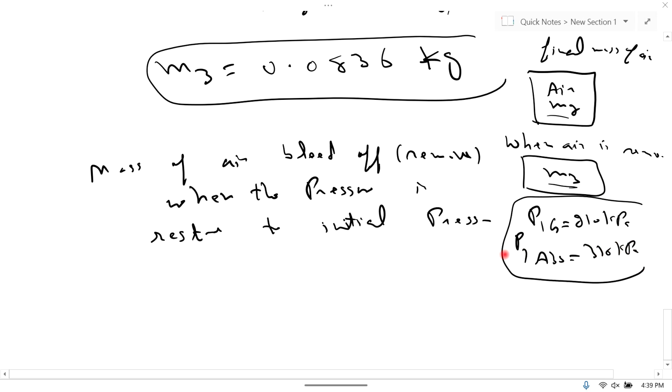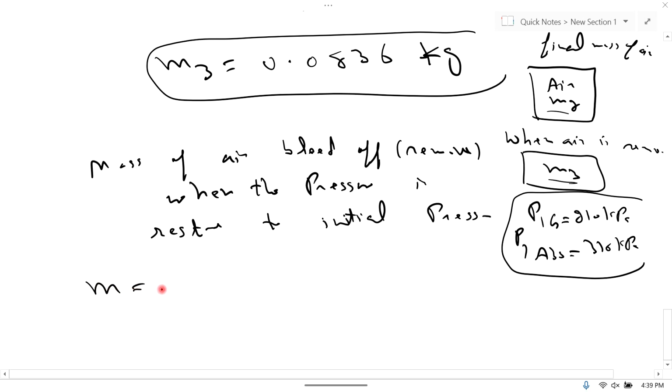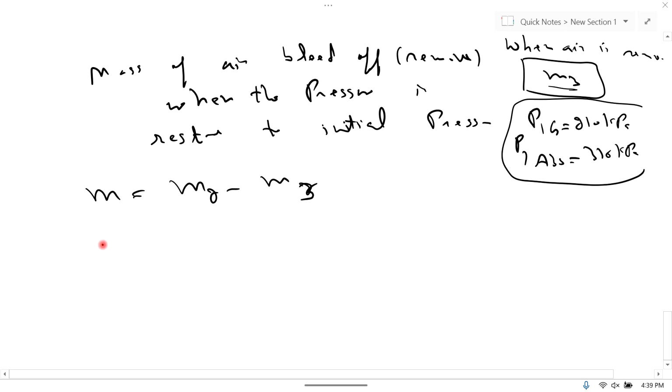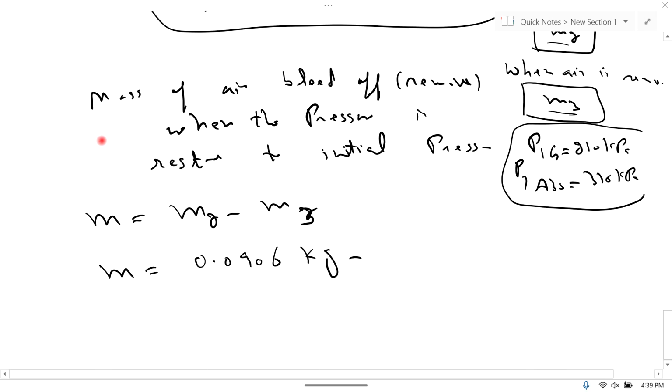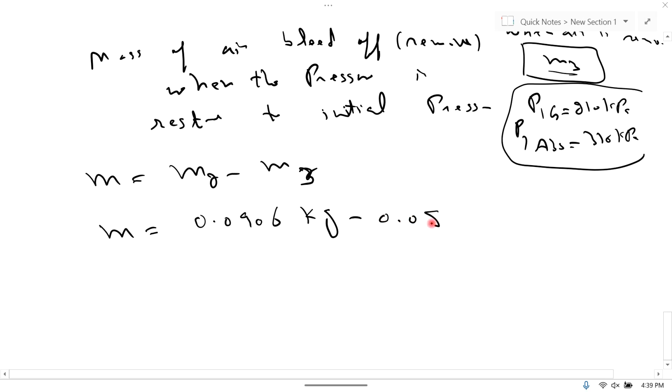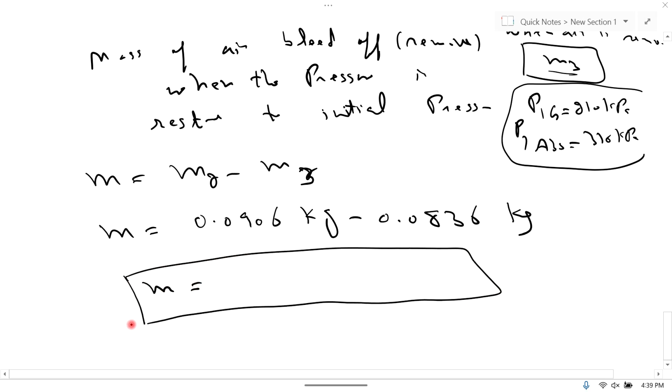So M is equal to M2 minus M3, which is 0.0906 kilogram minus 0.0836 kilogram. So the mass of air to be removed is basically